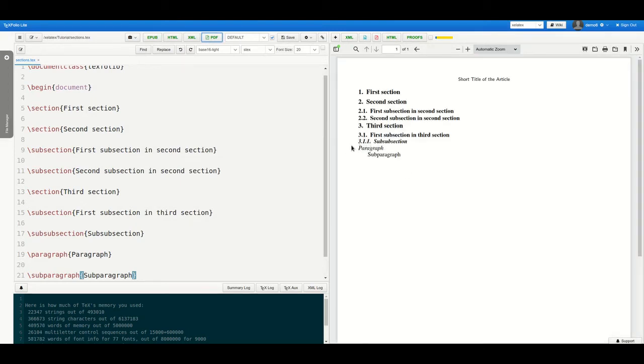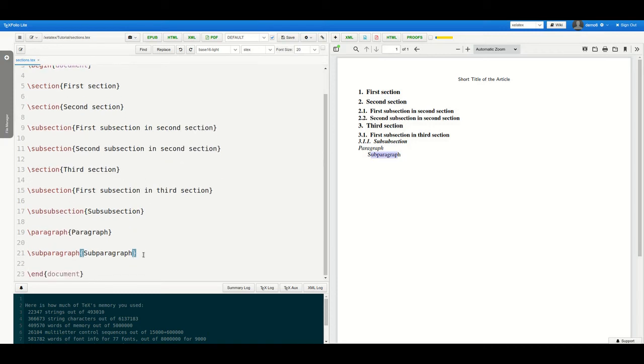Now it is listed here: 3.1.1, that is the subsubsection counter, and paragraph and subparagraph appear as unnumbered. Also see the font styles here. Subsubsection appears as italic, paragraph also appears as italic.